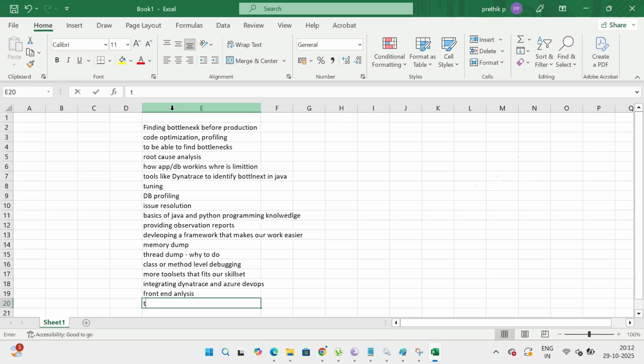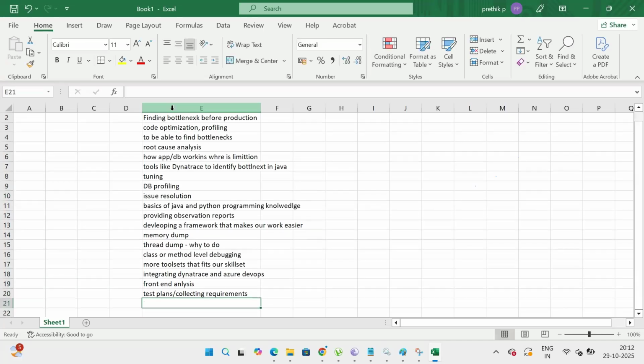Test plans. Collecting requirements. Okay, very good. Okay, great. Knowledge on CPU utilization. Okay. Heap memory.